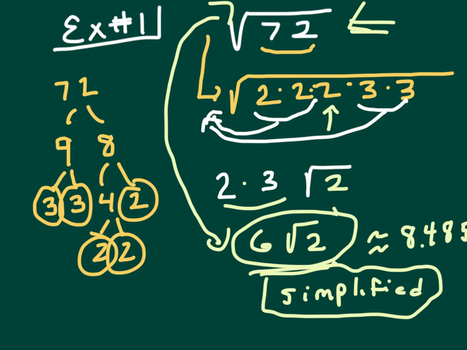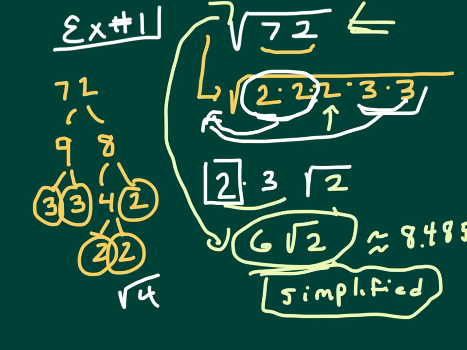A couple of comments. Why does it work? Well, let me tell you why it works. Remember this 2 and 2 that I pulled out? Well, if you know what the square root represents, 2 times 2 is 4. What is the square root of 4? It's a 2. That's why it can come out of jail, because it's a buddy, and 2 of the same numbers just become 1 when they come outside of a square root. Same thing here. This is 9. The square root of 9 is 3. That's why I pulled out a 3.